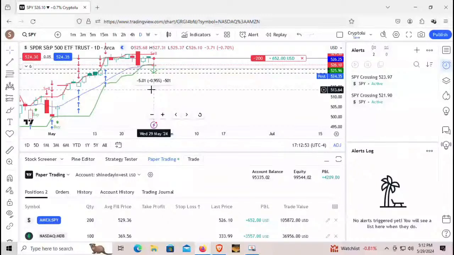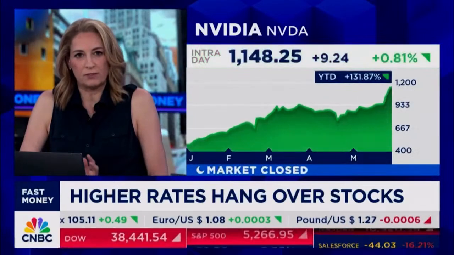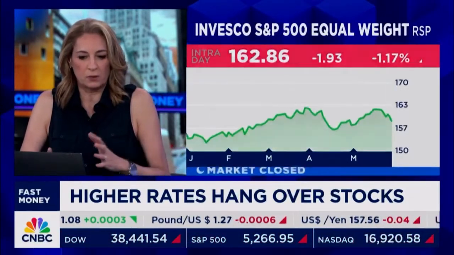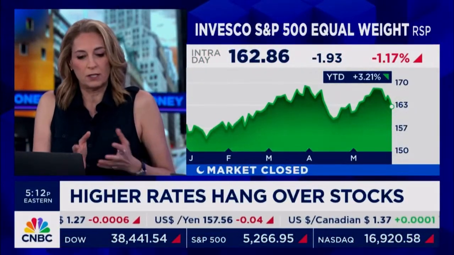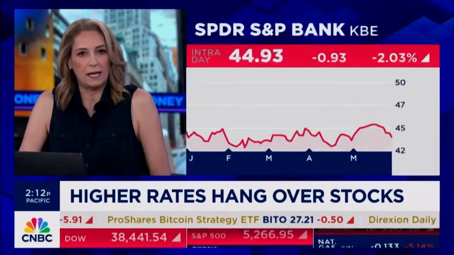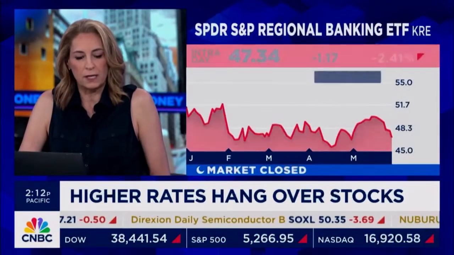Talk about higher heights. I think about, all right, what's the effect on banks? And different banks obviously have different effects. I think for JP Morgan, to the extent their book is really short duration, which it is, that's good for them. But to the extent that deposits look for higher places to go, that's not so great for net interest margin. But where it really does start to hurt is refinancing. We talked a lot about commercial real estate in the last few weeks. I don't think of these money center banks as having huge commercial real estate, but that is why the regional banks aren't doing as well.